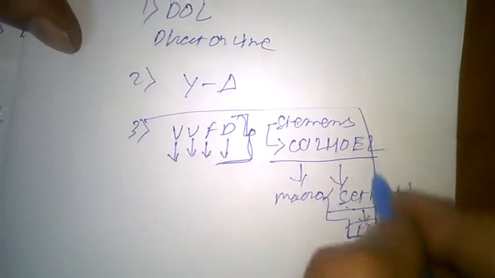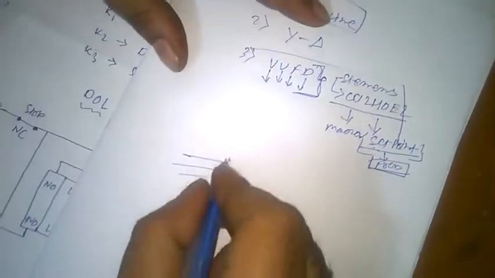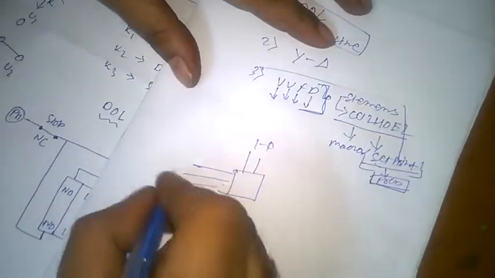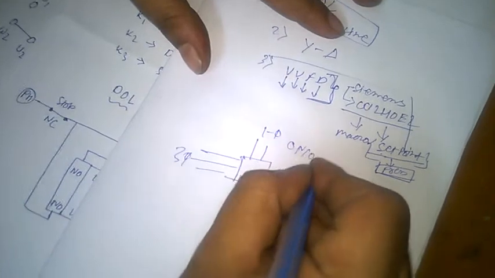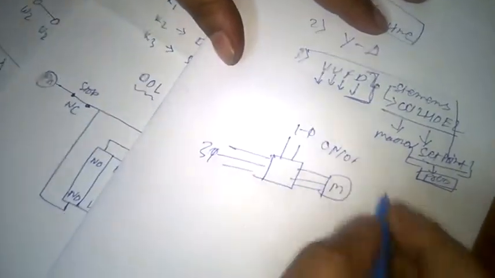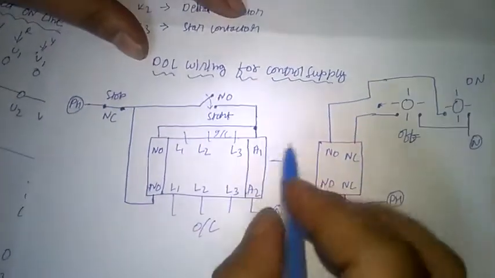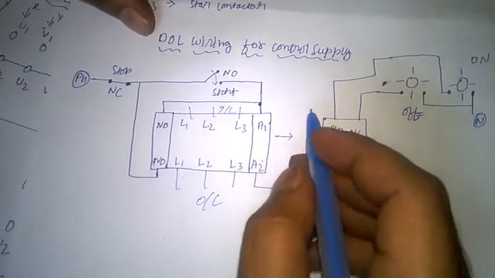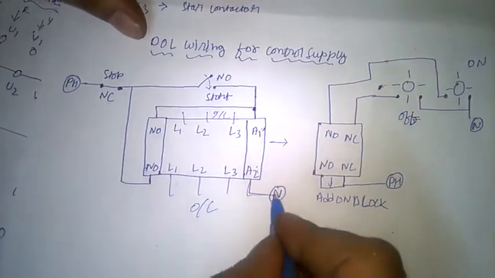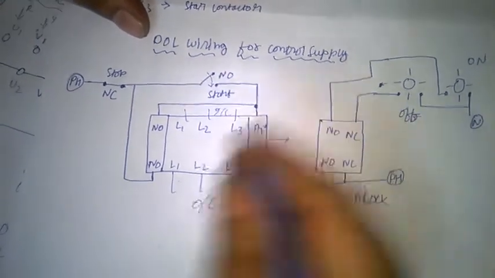Now removing this VFD, I come to direct online. Direct online is nothing but supply going through a contactor, which will be operated by a single phase on-off, and it goes to the motor. Now how to control this contactor depends on controlling this single phase. This is a single phase wiring. Suppose this is a contactor with lines L1, L2, L3. It's the incoming, and this is the outgoing. There is A1, A2. As I showed in an earlier video, a single phase should be given to it. A2 is connected to the neutral, or A2 can be connected to the phase, no problem.